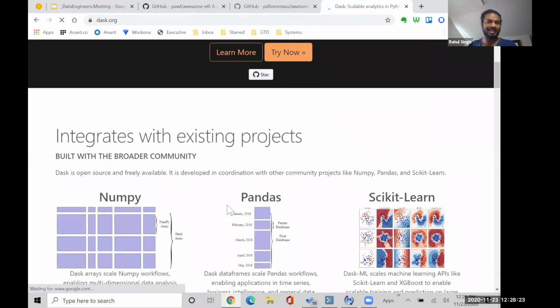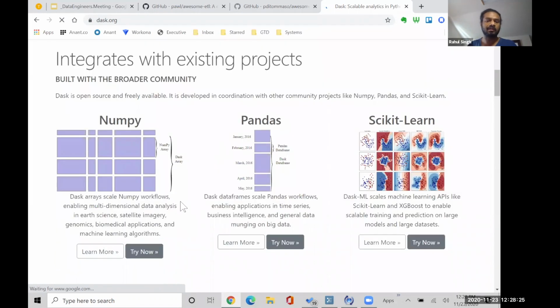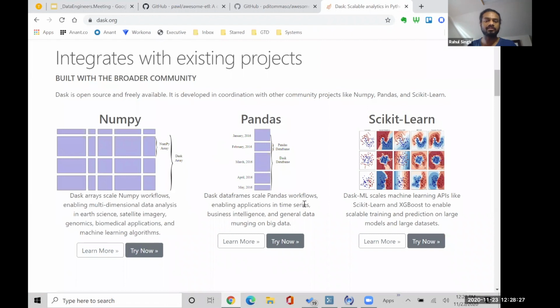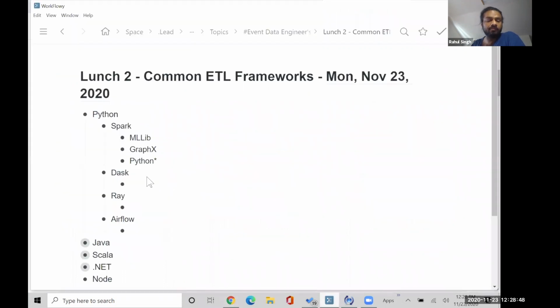And what it does is it essentially takes your NumPy or your Pandas, and basically expands that world to be able to do much larger operations on it. So if you have fun with NumPy or Pandas, you can do large scale operations with Python with these tools. These are the ones that come to mind. And then Airflow is